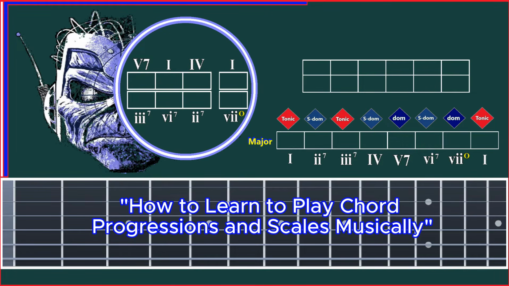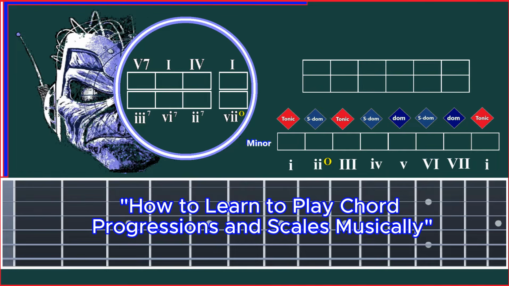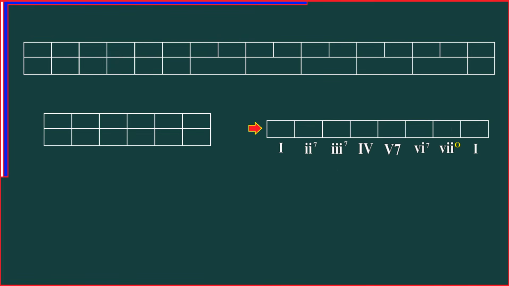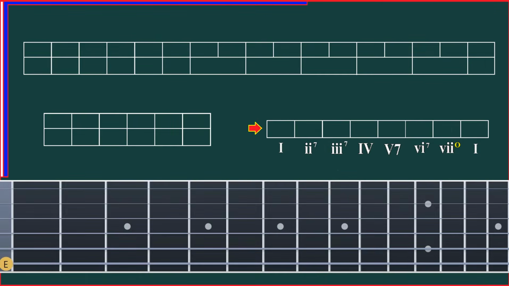These are the 3 templates we're going to use in this lesson. How to learn to play chord progressions and scales musically. Let's get into it. Let's start building the E major scale on the board. As I have explained, without the accidentals, in this case, sharps,